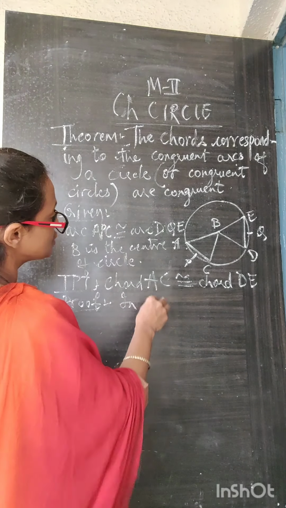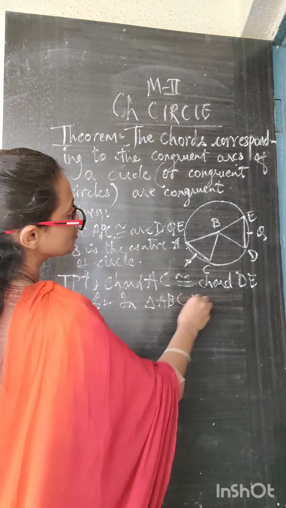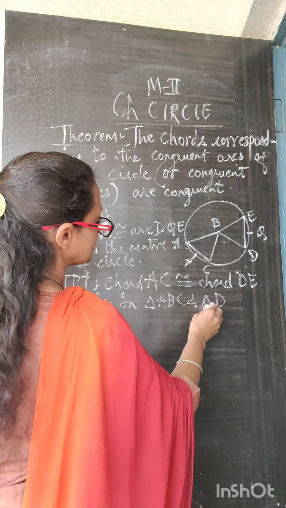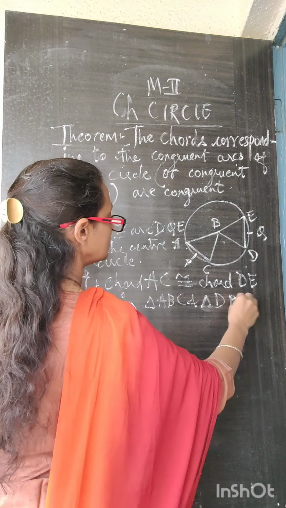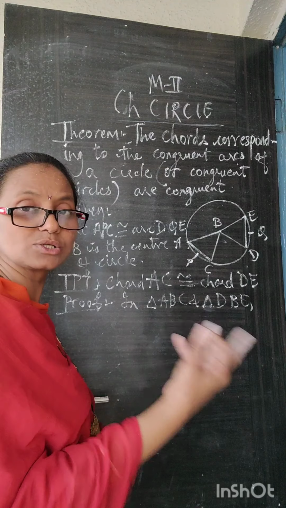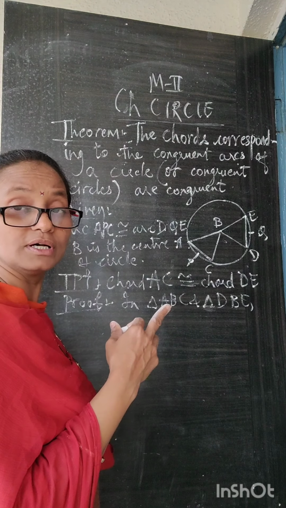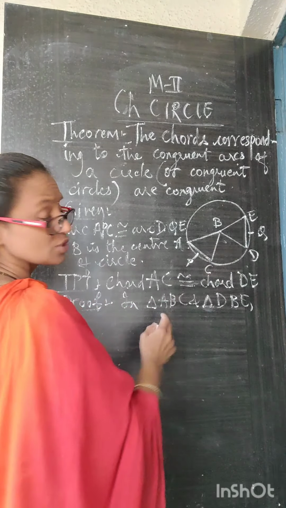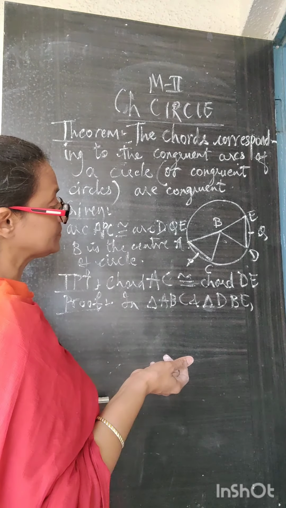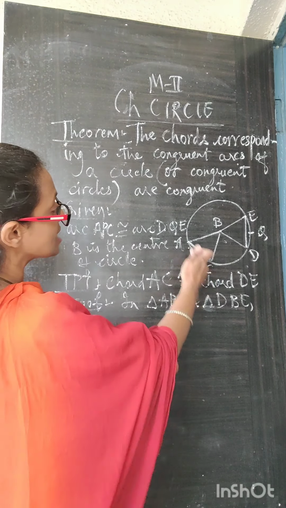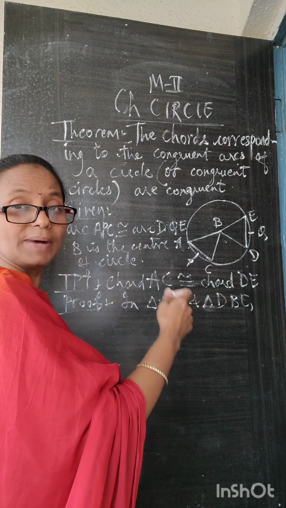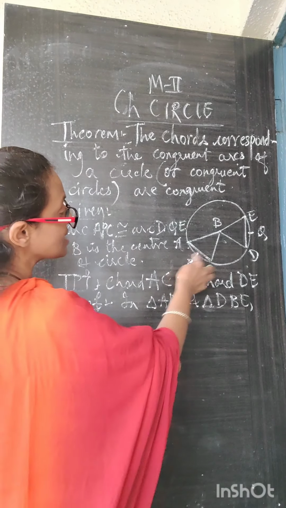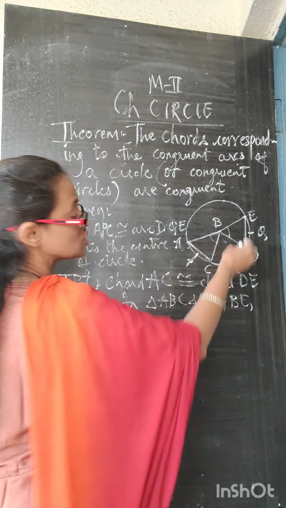So what will I write down? In triangle ABC and triangle DBE over here we have, these are the triangle symbols. Which parts are congruent? We have to prove the triangles are congruent. For that we need to know which of the parts of the triangles are congruent. So which parts are congruent? Obviously we know these are the radii of the circle, so they will be congruent. Yes, and what else? Since we have the arcs congruent, what we have learned: the minor arc is congruent to the measure of the corresponding central angle. So if the arcs are congruent, the corresponding central angles will also be congruent.